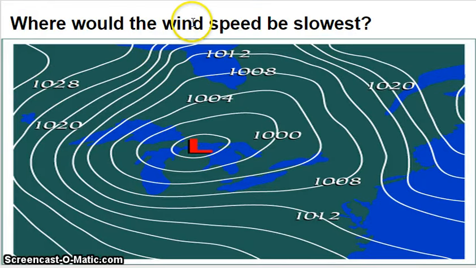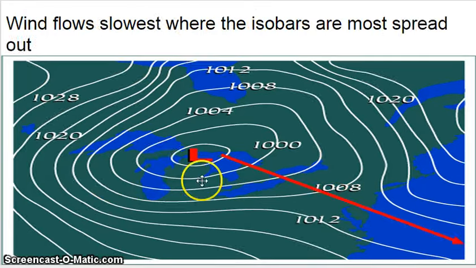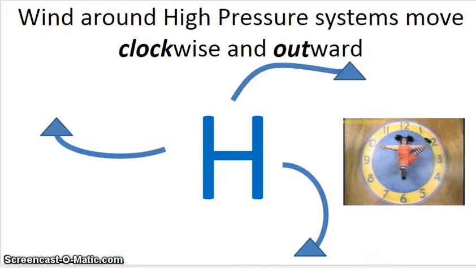Where would the wind speed be the slowest? Well, where you have the widest space between the isobars. Okay? So the last new piece of information is how air moves around high and low pressures. Wind around a high pressure system moves clockwise, like a clock does, and outward, right? The outward piece makes a lot of sense because wind wants to flow from high to low. So wherever it's highest, it's going to get away from that pressure, and it's going to move out in a